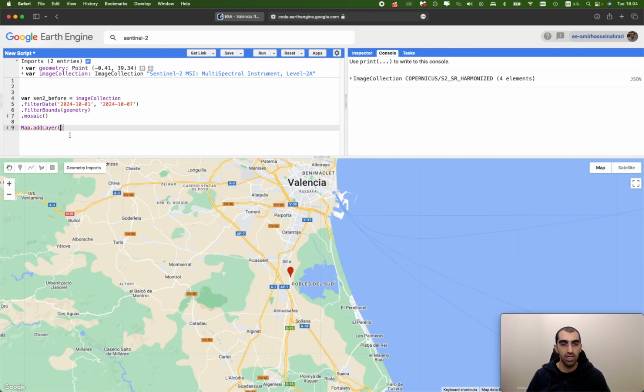Then Map.addLayer allows us to visualize the Sentinel-2 before. So here Sentinel-2 before, and then you can make a band combination for the visualization. I'm going to make a band composite from near infrared, red, and green regions of the electromagnetic spectrum. So here we will have a false color composite from band number 8, which represents near infrared, band number 4, which represents the red, and band number 3, which represents the green portion of the electromagnetic spectrum. And next is the layer name, Sentinel-2 before, just like that, and use false at the end